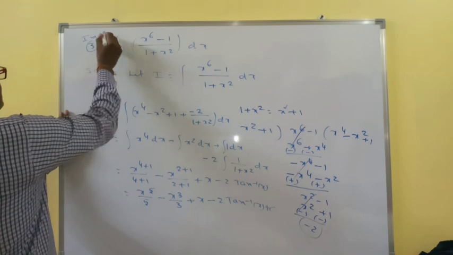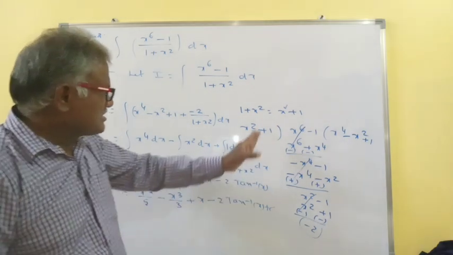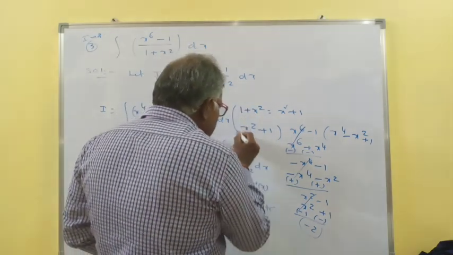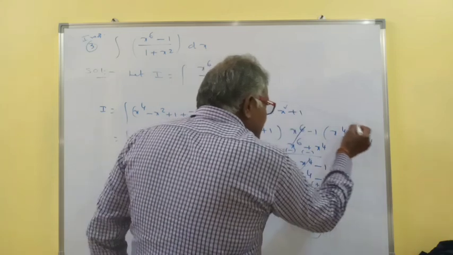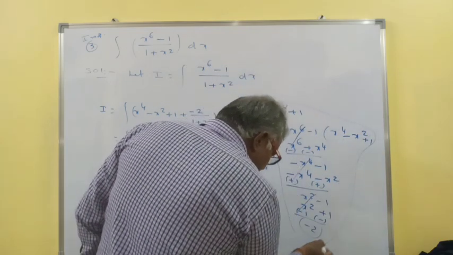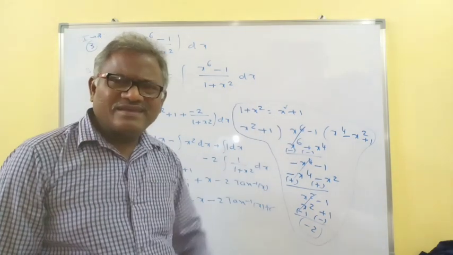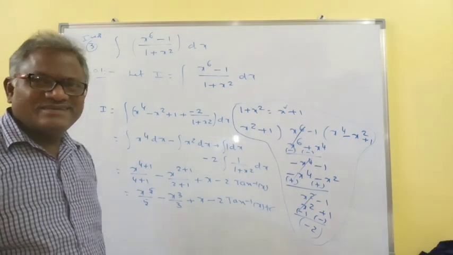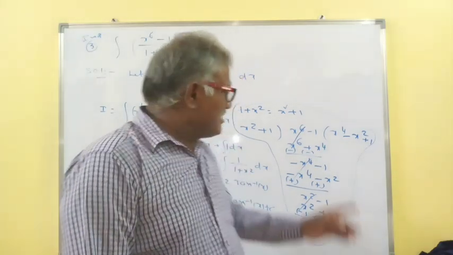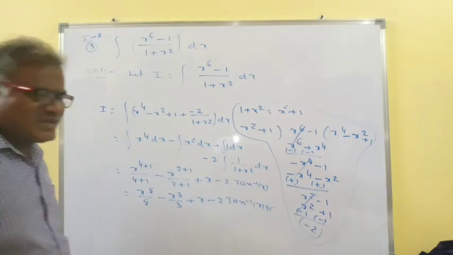So for 2 marks, better to practice this many times. Okay. So clearly you should mention the division also. This process must be clearly mentioned in the examination paper, in your answer script. Without doing this, how can you rewrite this? Not possible. That's why you should clearly mention this. Okay. Next.